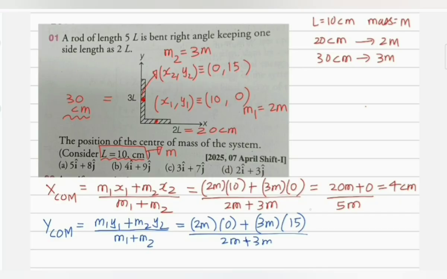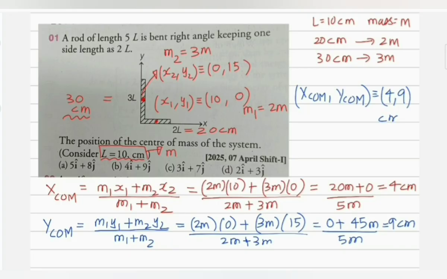Alright. So this is now 0 plus 45m divided by 5m. So this should give you 9 centimeters, students. So x coordinate center of mass, comma, y coordinate center of mass you got recently, that's 4 comma 9 centimeter,